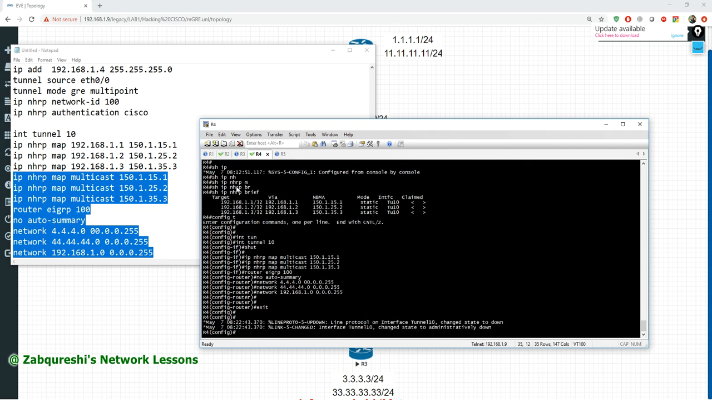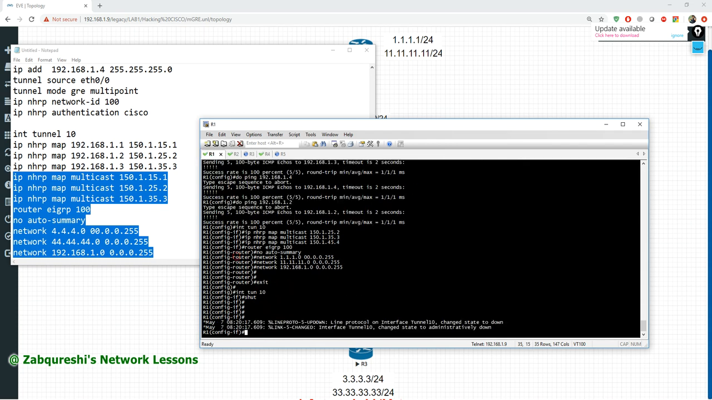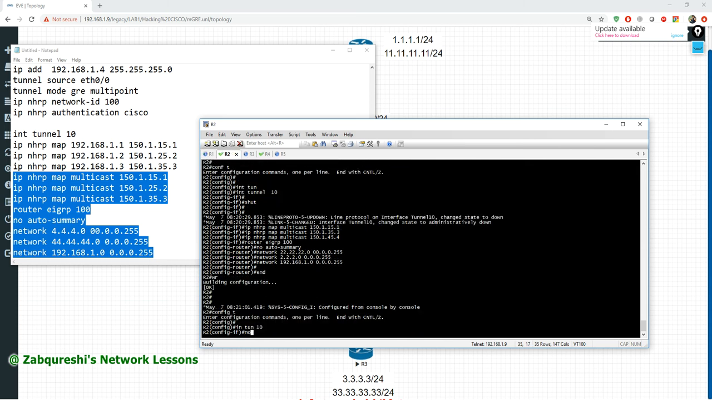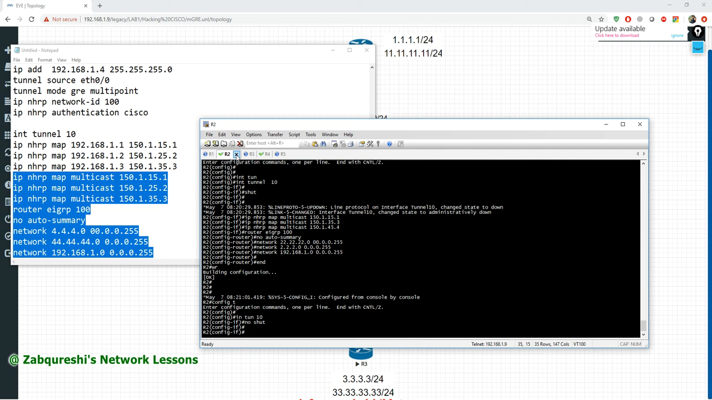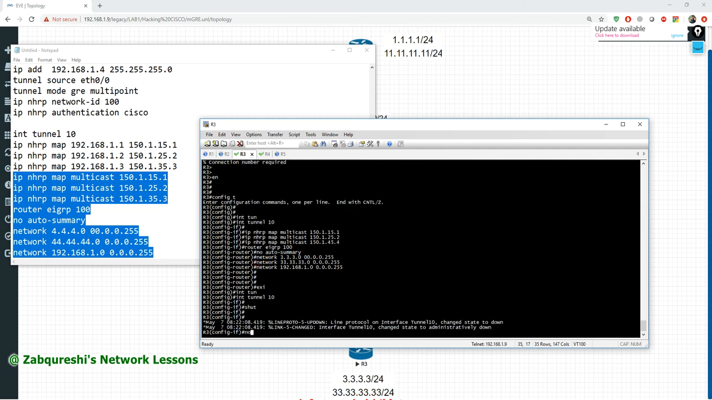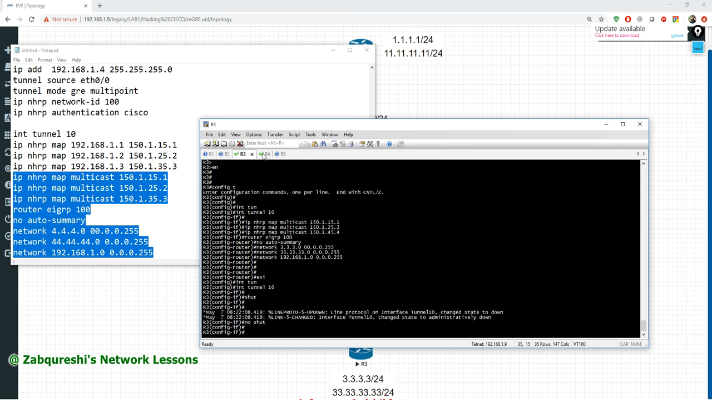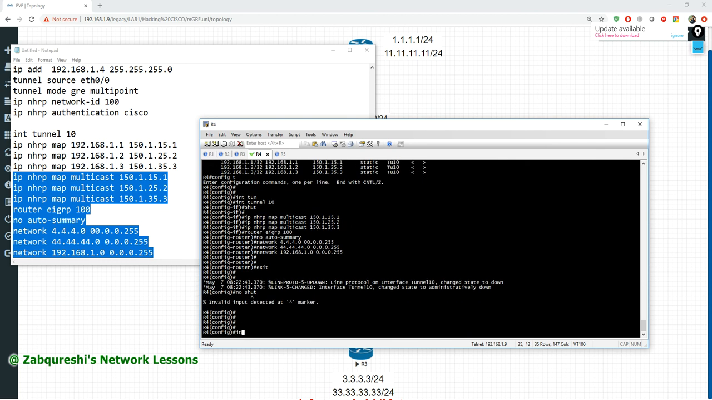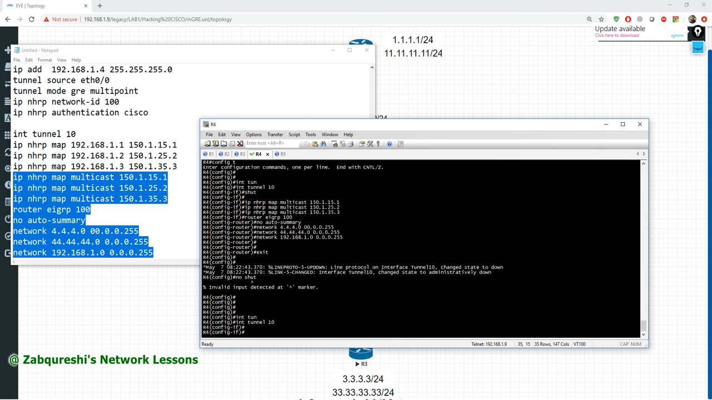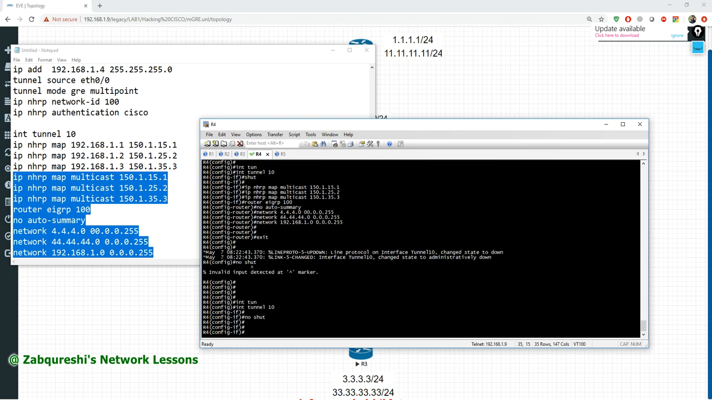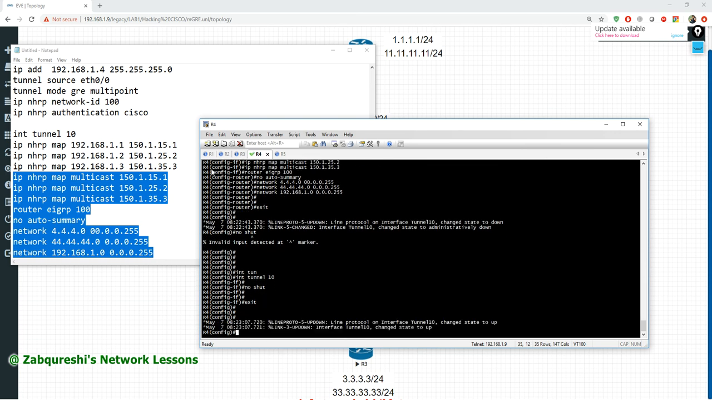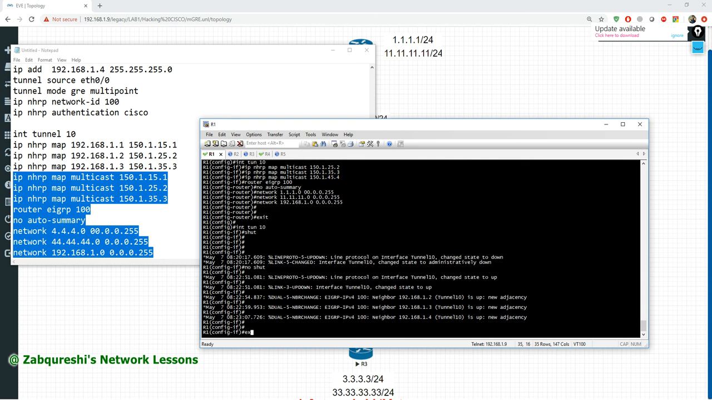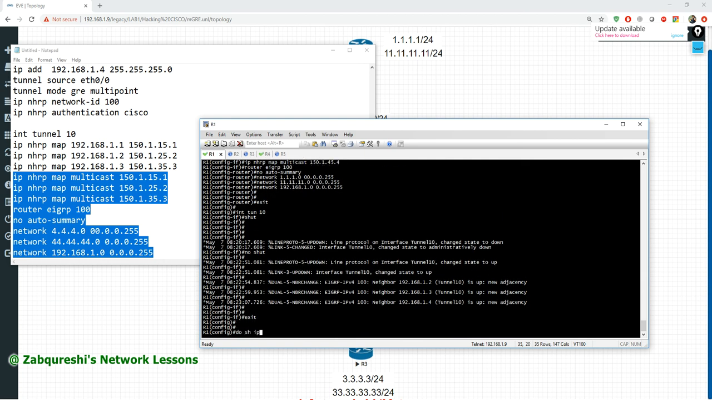Okay, let's do no shut one by one. Go to R1, no shut, go to R2, no shut, go to R3, no shut, go to R4, no shut. Okay, interface tunnel 10, no shut. Okay, let's see here. Let's go to R1, and you can see my neighborship is up. Exit, do show IP